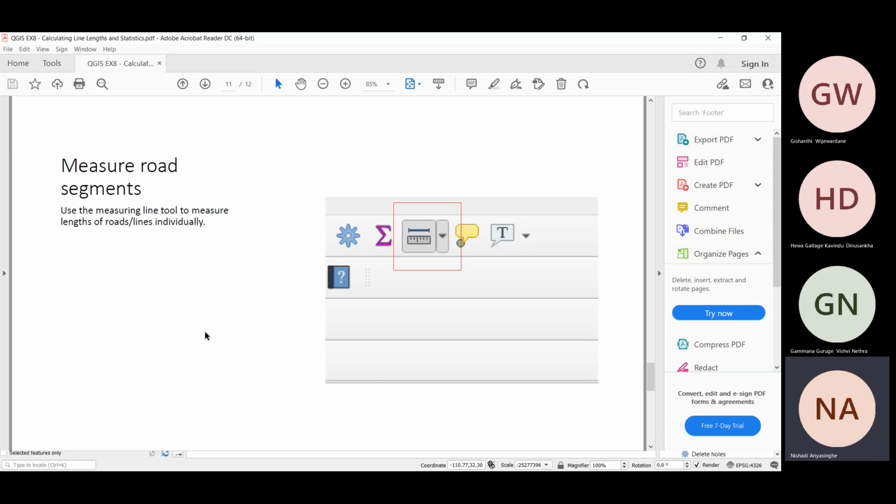So those are the two main ways that you can get the lengths of the railroads, and then you can manually measure the railroads, right? For that there is a measuring tool to measure the length of the roads, or particularly the lines in your map, right? Lines are being used to draw railroads, so you can measure the length of the lines